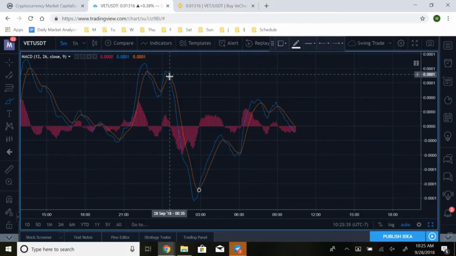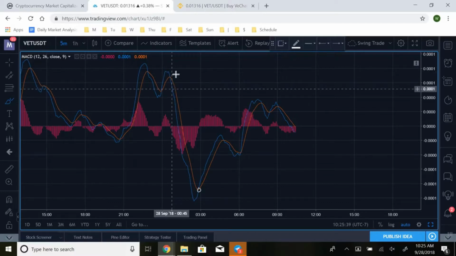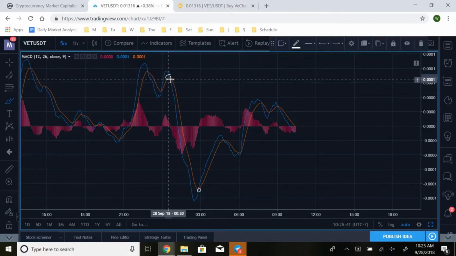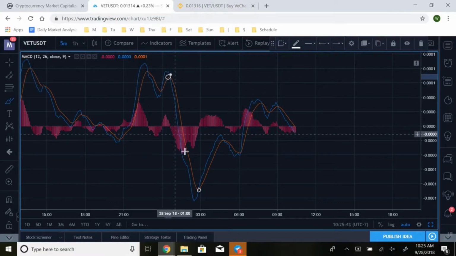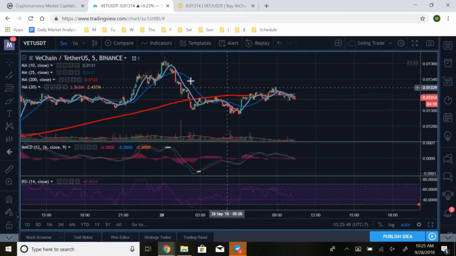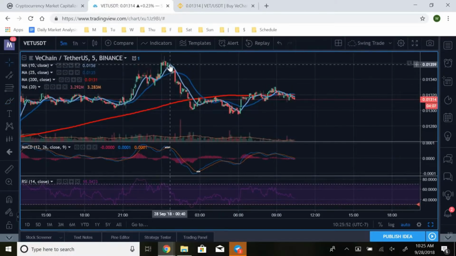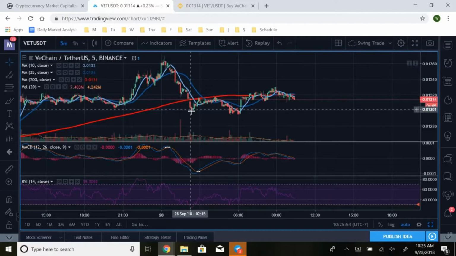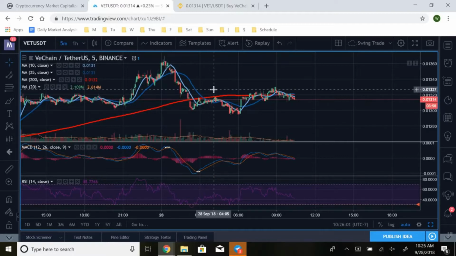We see right here, the blue line crosses under and below the orange line, which is a bearish signal, right? And in conjunction with that, we see the pink candle start to go down, showing that there is a lot of seller volume here. And then when we line that up with the actual price, we can clearly see right where it crossed, we started to push down, and we went down from about 1360 all the way down to 13 flat. So as you can see, that is how we use the MACD,